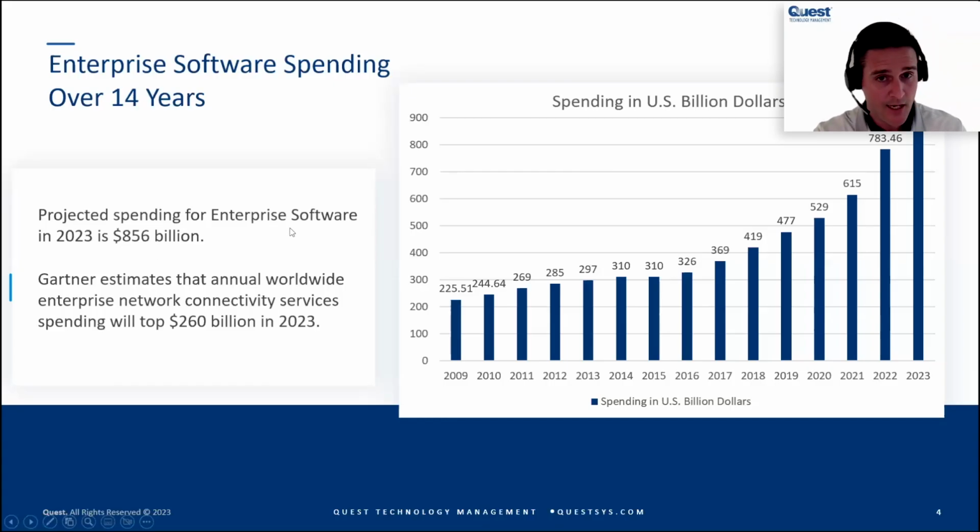Projected spending for enterprise software, just enterprise software alone, $856 billion. Okay, so the money is growing significantly in the enterprise space. You're seeing it ramp. You've got a hockey stick action going here into 2023. And most of us built our enterprises and our companies on this portion of the pie. If you move into the application development space, if you move into the integration space, there is a significantly larger amount of spend going on for every single one of your customers in enterprise software and helping those systems operate, function, and communicate in a secure and reliable way.